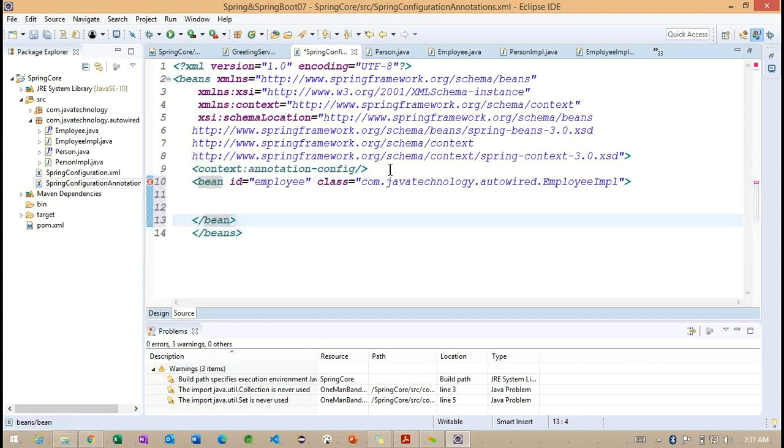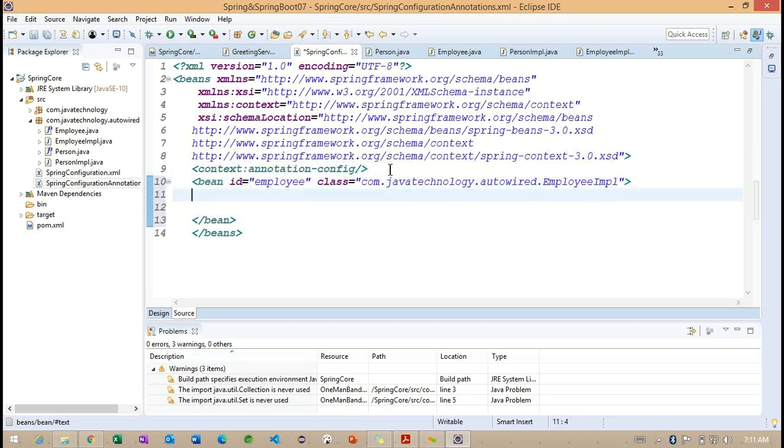Here we are not going to work with any XML configuration information. Directly we specify the dependent beans.